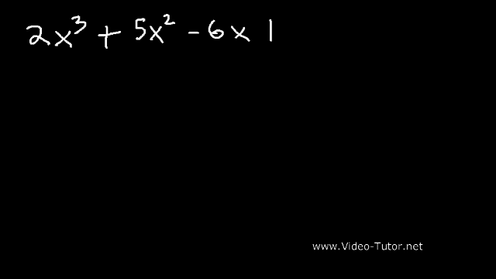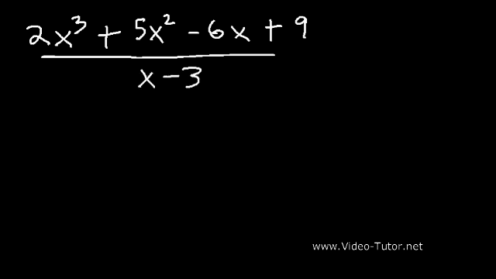So let's begin. Let's say we have the polynomial 2x cubed plus 5x squared minus 6x plus 9. And let's say that we want to divide it by x minus 3 using synthetic division. How can we do so? If you set the factor x minus 3 equal to 0, x is equal to 3. So what we're going to do is divide the polynomial